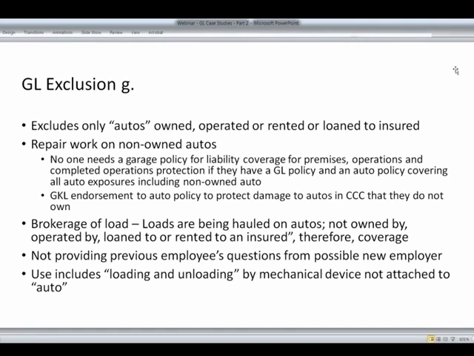Brokerage. A lot of discussion on this, and I'm not attempting to suggest that the contingency brokerage policies out there are not needed and should not be used, but brokerage also is covered under the general liability. Because if I have a load that needs to be delivered, and I call up Jones Trucking to deliver that load, and Jones Trucking takes that load down the highway and has an accident, could I be named as a broker in the suit? The answer to that question is yes.